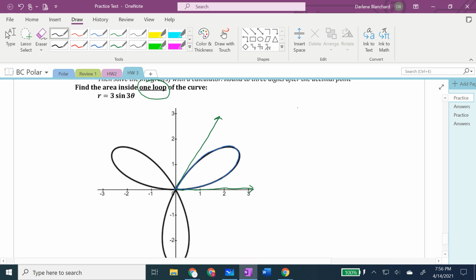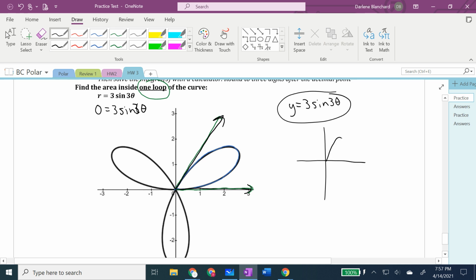That's going to be determined if you look at the Cartesian graph. Or actually, it could be found by solving an equation. These two angles are the angles where r is equal to 0. So if you set your r equal to 0, this might actually be faster than graphing this. So realize you've got different ways you can go about it. You can graph what you know about your sine graph